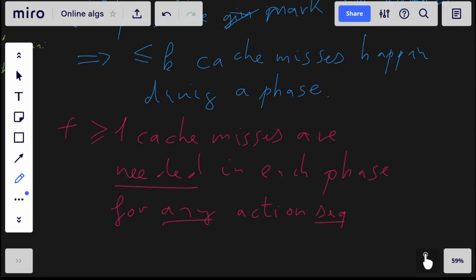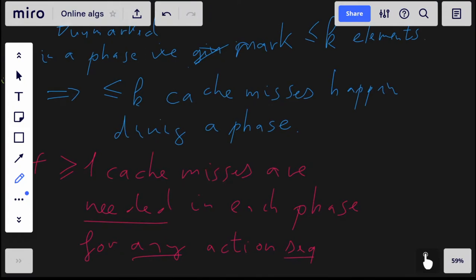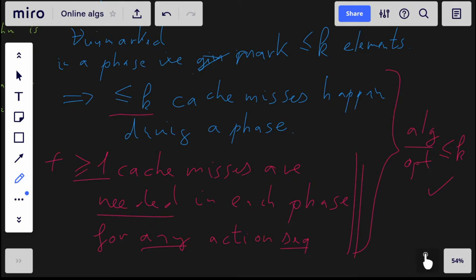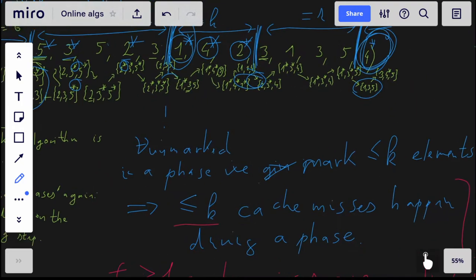Of course, these two statements will prove the k-competitiveness, because it says that in each phase the optimum is at least 1 and the algorithm will produce at most k, so the algorithm divided by the optimum is at most k. So it will prove k-competitiveness, but we still have to show this. In each phase we need to spend at least 1